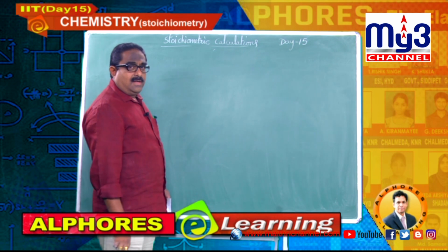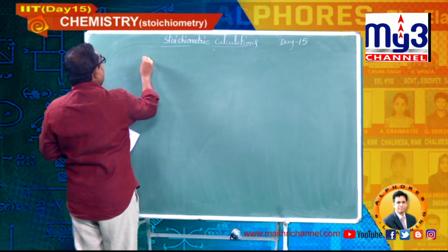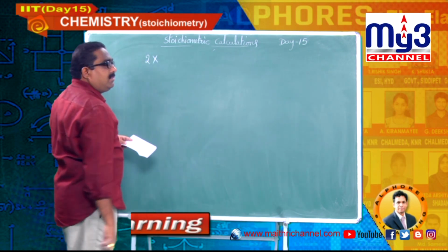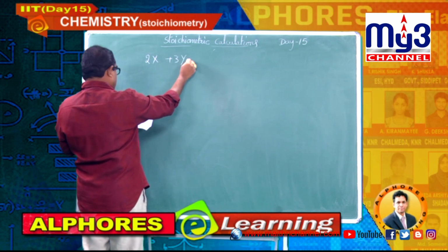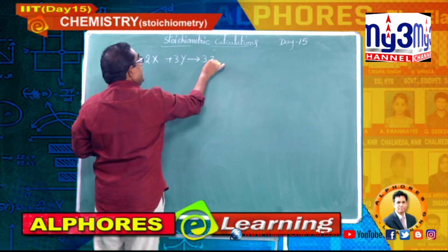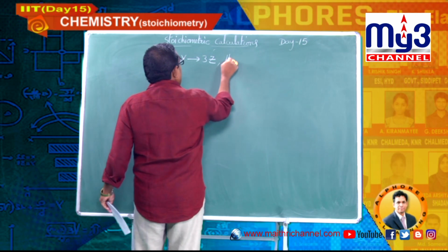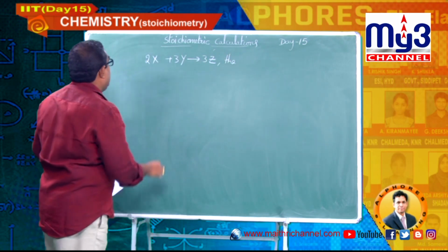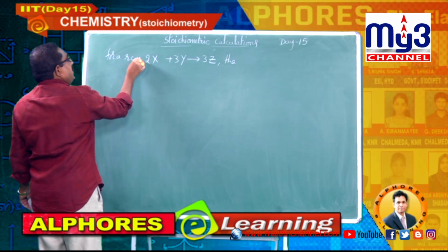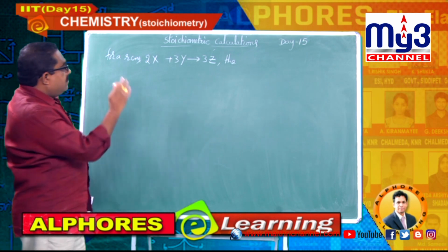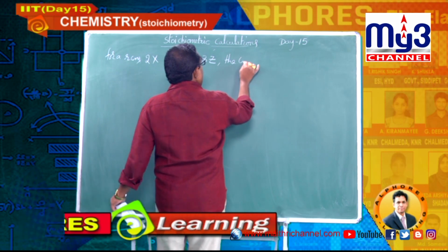Okay, students, let me go for the next numerical. You please note it down. 2 moles of X plus 3Y gives rise to 3Z, where X, Y, Z are chemicals. Write down here, for a reaction 2X plus 3Y gives rise to 3Z. The combination of,